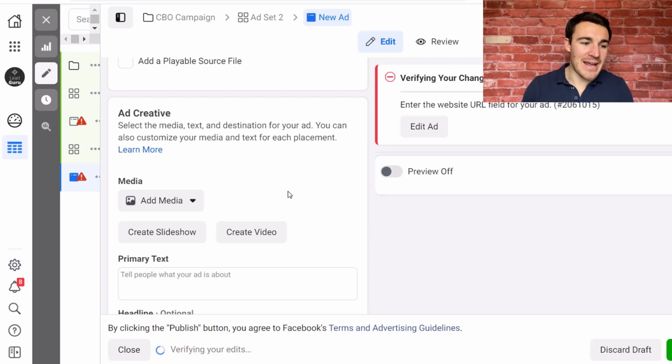And the reason for that is that video converts better, but only if people watch it. So if you were to compare people that have been through a video versus people that have seen an image, among the people who have completed those tasks, the video will always convert way better. But videos have huge drop-off. Far, far fewer people go through a video than just glance at an image.